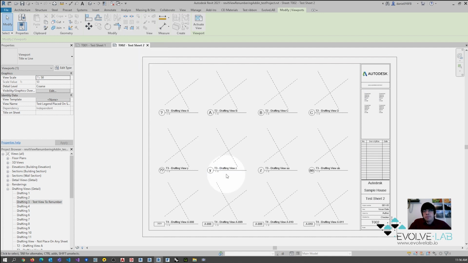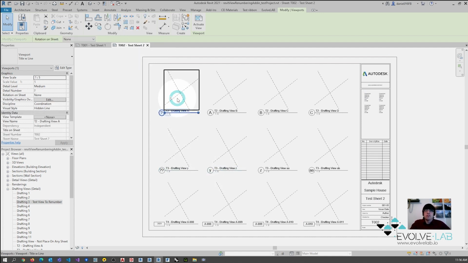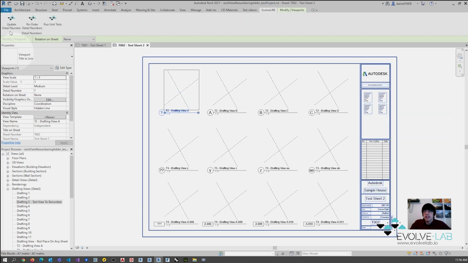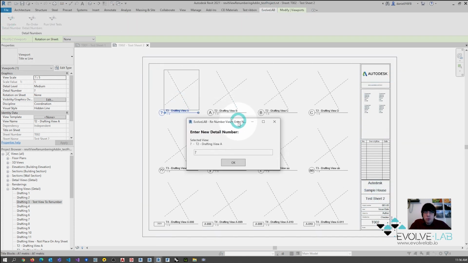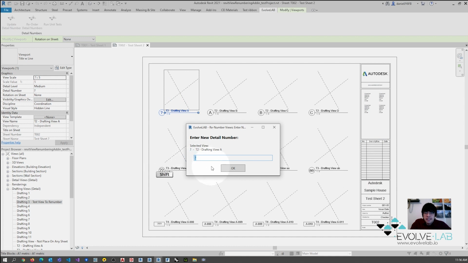Now, I know not every office out there uses a simple numeric numbering scheme, so we are also designing this tool to work with letters. In this case, if I want to make the first view A, it'll increment A to B, B to C,